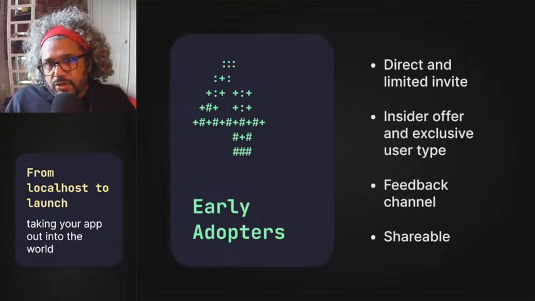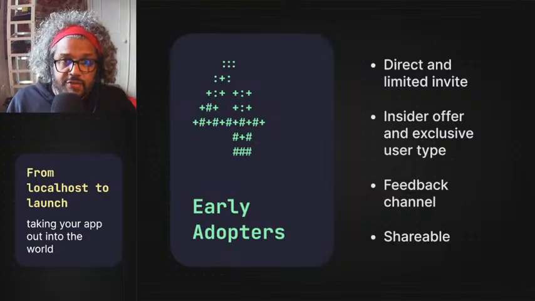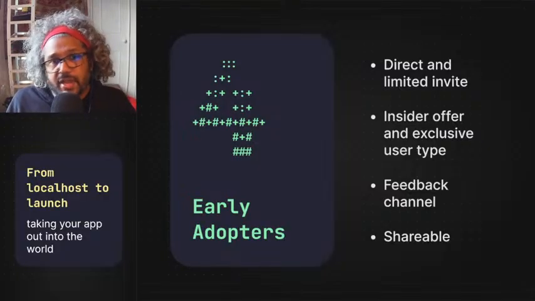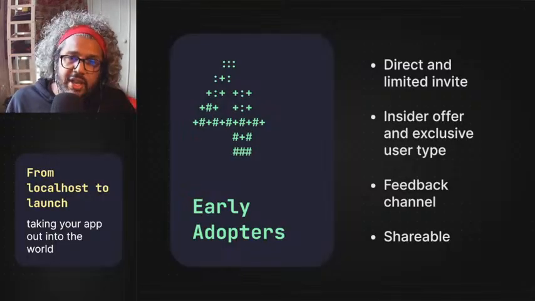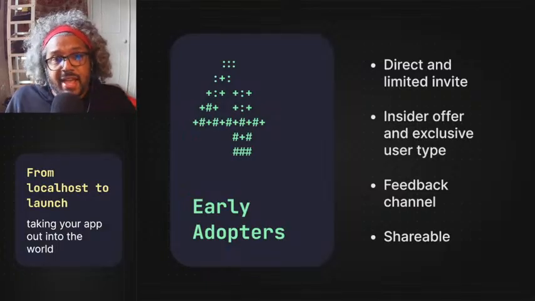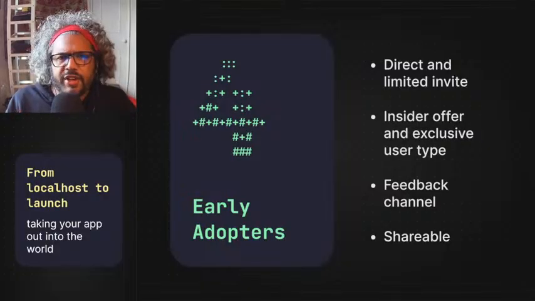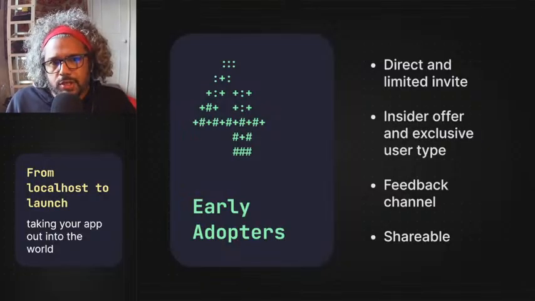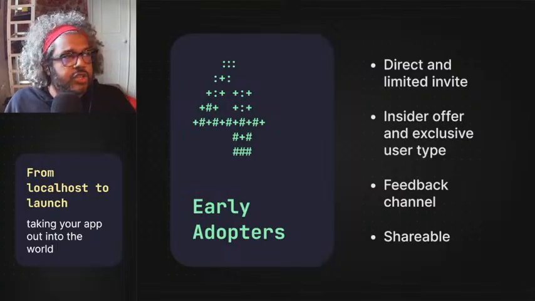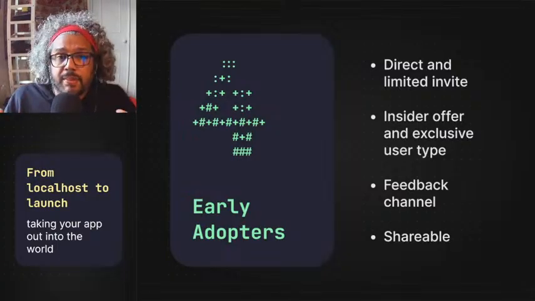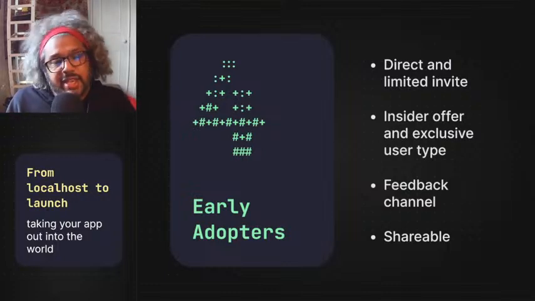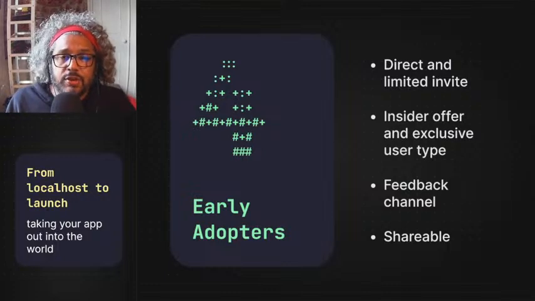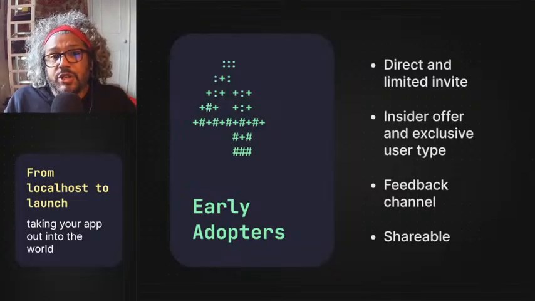The way you want to take this on is by being direct and limited in the invite. You don't want to go out and say, hey, we're doing early adopter, anyone can come along. Target the lowest of the low-hanging fruit and say, hey, this thing's only going out to 50 people. We think you are perfect for this campaign. Would you like to use our product for a period of time for free, just so we can get some feedback and hopefully we can build the product that you want? It gives you a little bit of validation, but it gives you a chance to learn what's going to work and what's not going to work.